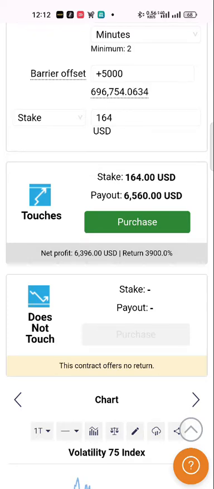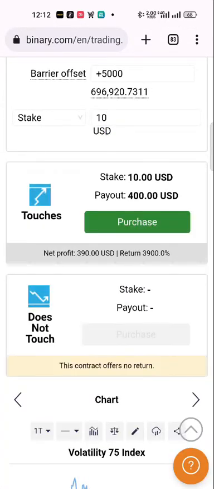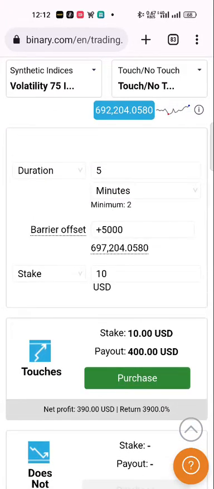So if you are putting in, let's just reset this stake back to $10. So if you're putting in $10, you get $400 payout. That's a $390 profit. But then it's not really real. In fact, it's not realistic. So what you're gonna do here is just to increase